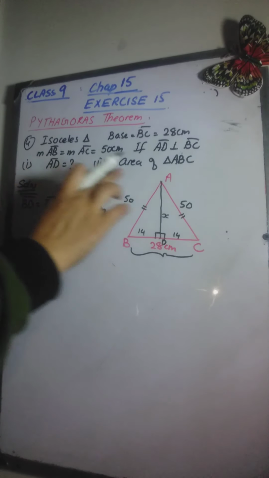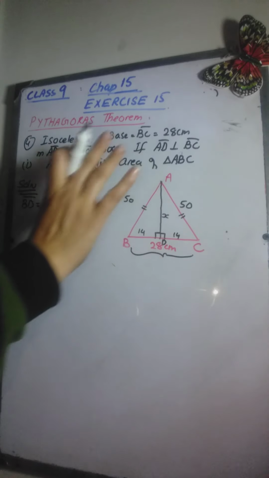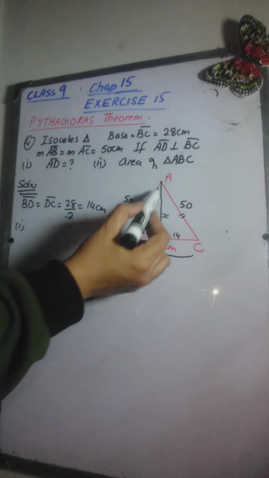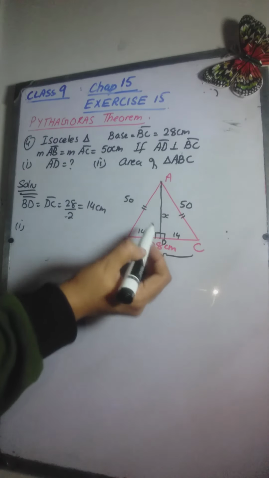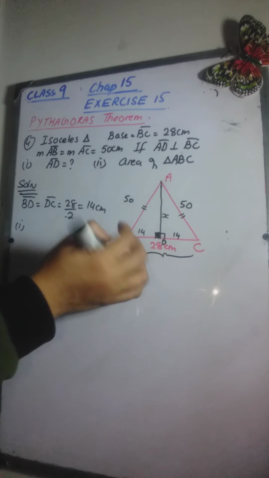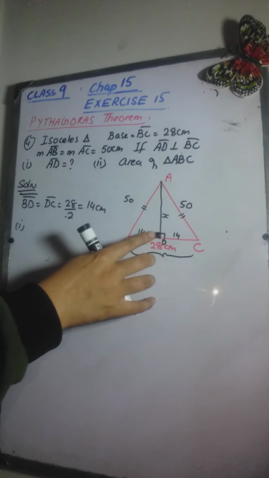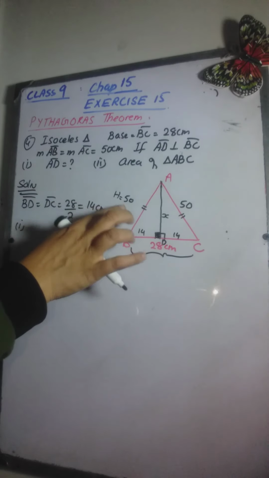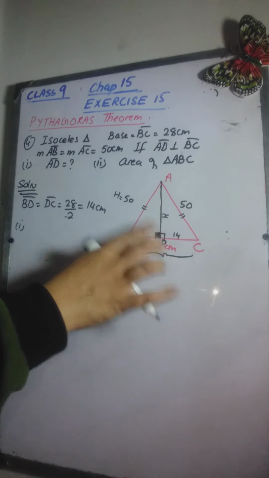Okay, we will find AD, and then we are going to find the area of this triangle by using the formula half base into altitude. So let us first do the first part. Now we know that this is a right angle triangle because of this 90 degrees. It is a right triangle. It means that the side which is opposite to 90 is always the hypotenuse. It means hypotenuse will be 50, this will be base, and this will be altitude.